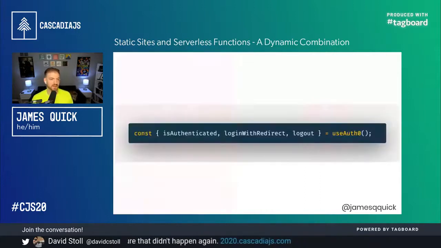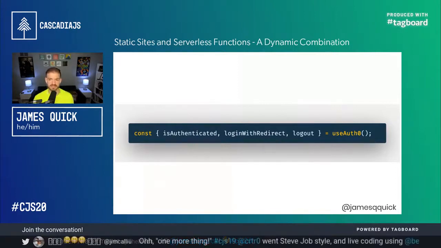So with the Auth0 library and React, or using it in Gatsby here, you just get some basic information about the user, whether they're logged in, a login function, a logout function, and you use those things like you would in a typical React application to hide and show data or routes or protected routes or any of the things that you want. And I think I said lastly, but I've got one more here.